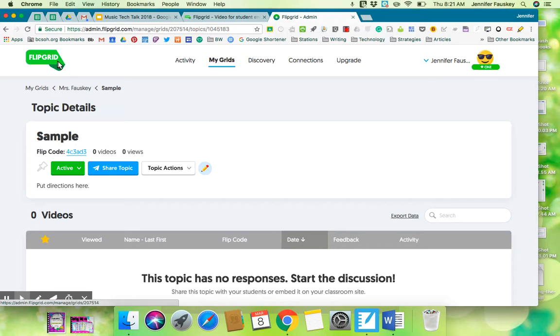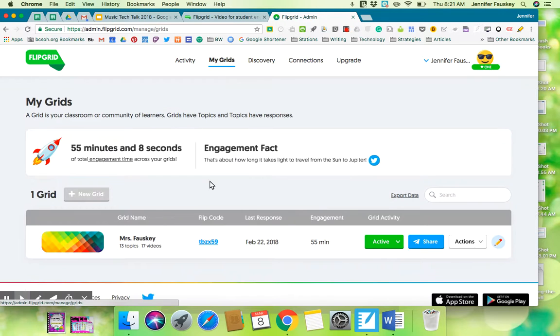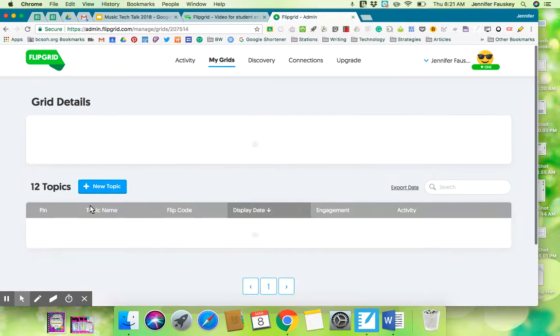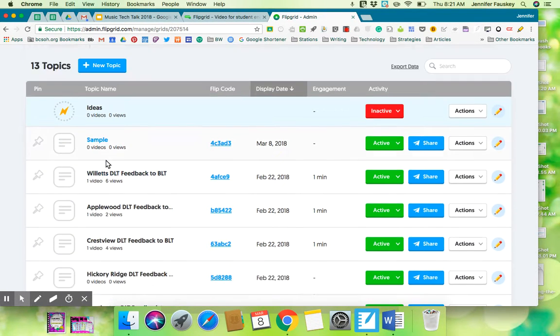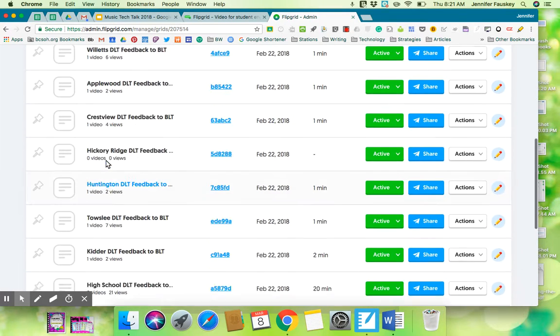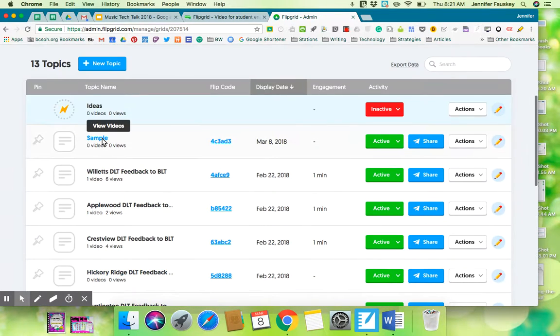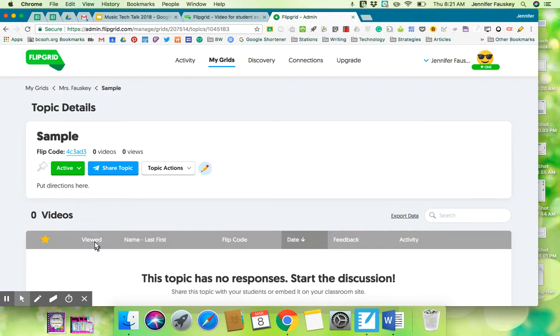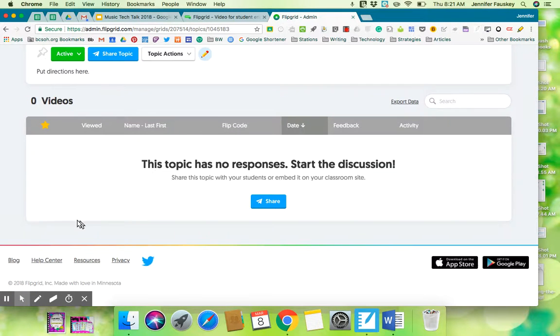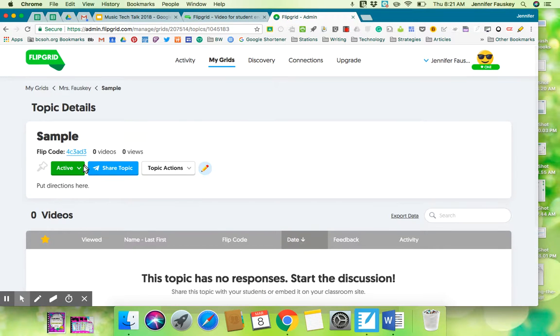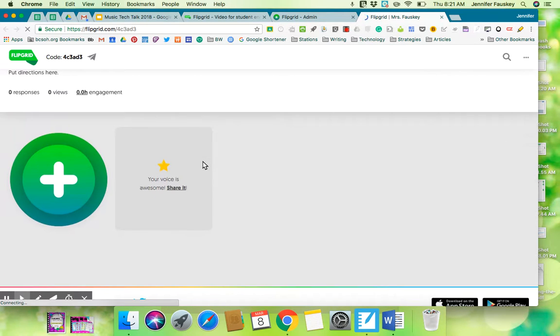I'm going to go back to my Flipgrid, to my grids, and then you'll see if I go underneath here, I should have Sample. It's right here. I'm going to click on it, and the students will have a plus sign. Let me take this code. I'm going to view it as a student so you can see. All the students would do is click on the plus sign,